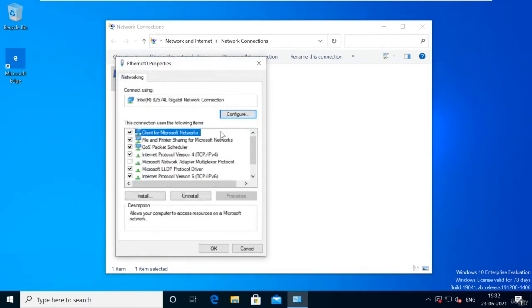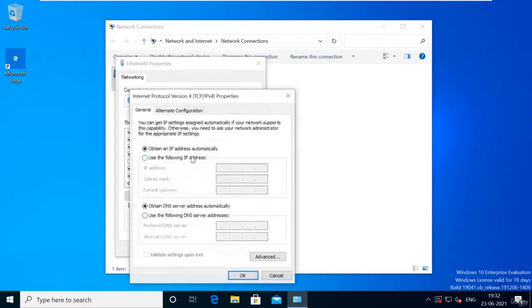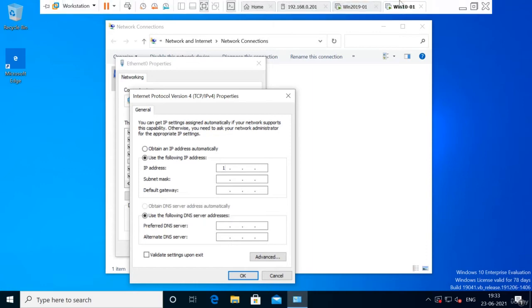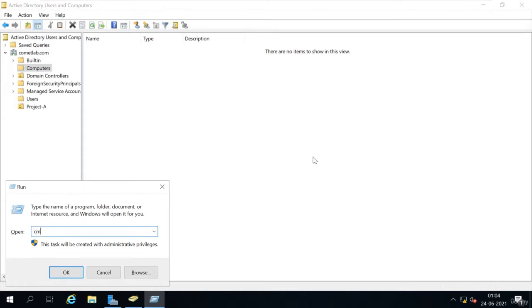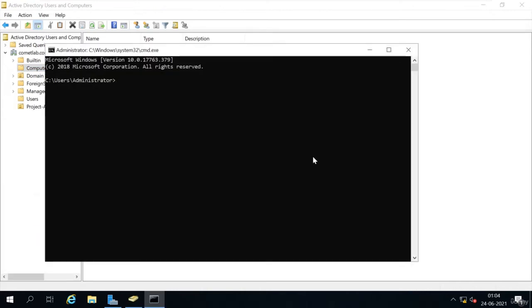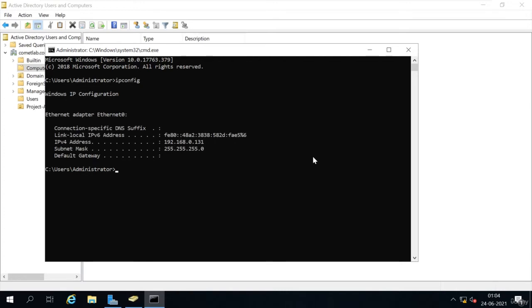Basically, the IP address should be in the same subnet as your domain. Or if you have multiple subnets in your organization, you should obviously have routing enabled between the subnets. And the IP address is the one that was configured for our domain controller. I'll just verify that. So the IP address is